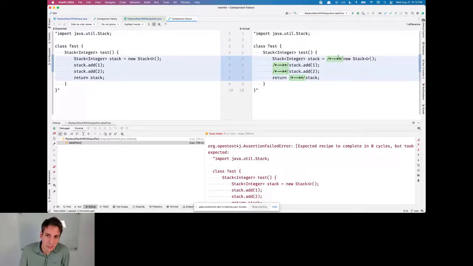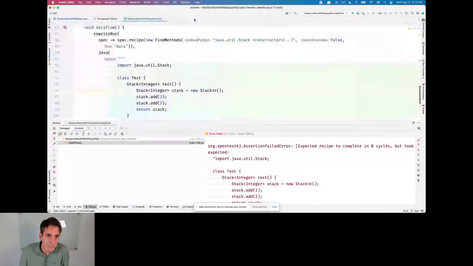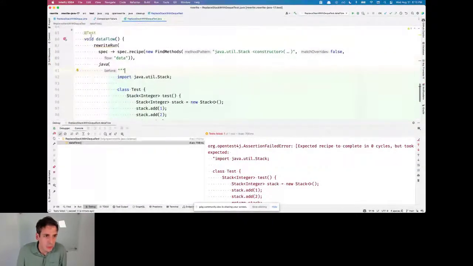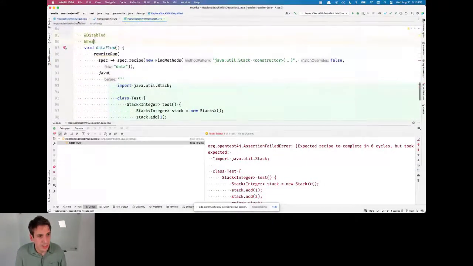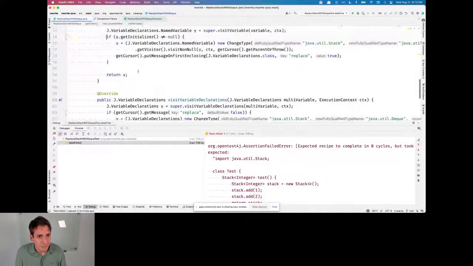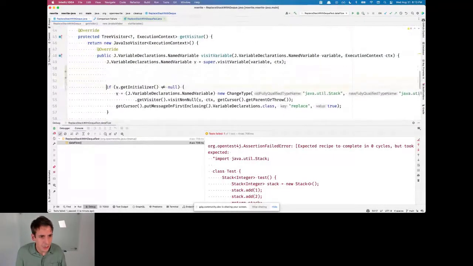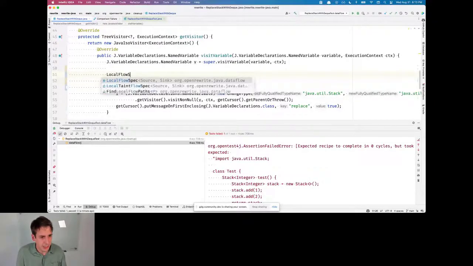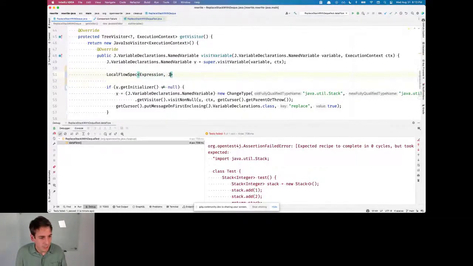So this is going to be the crux of what we're going to use. I'm going to use this ability to follow the use of a variable to then look whether that variable winds up being enclosed in a return statement. So we're going to disable this guy again, because this is kind of an example. And we have this thing called local flow spec here for any expression.